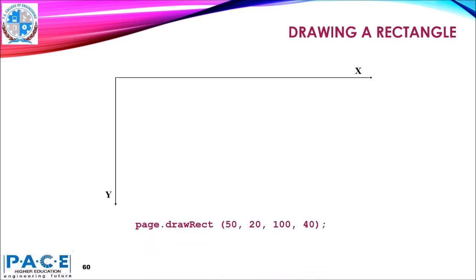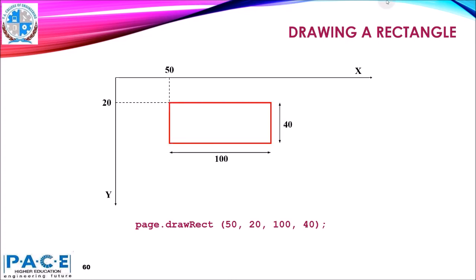Then in order to draw the rectangle, first we specify the top left corner. So let's say we specified that point over here. After that we want to specify the width and height. So we are specifying the top left corner, that is 50, 20, width is 100 and height is 40.